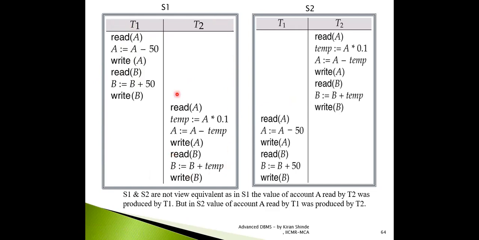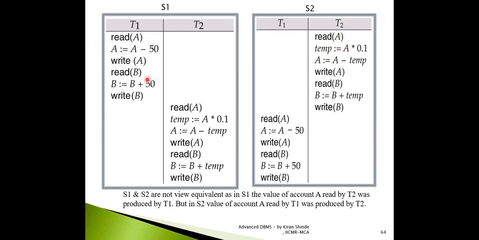In this particular schedule, if you look at data item A, it is read first by transaction T1. So this is the initial read with respect to data item A by transaction T1. Now, the same data item we will check in the second schedule, that is S2. If you see, the data item A is initially read by transaction T2 in schedule S2. Whereas, in order to satisfy this condition, what should happen? If T1 is reading the initial value of data item A in schedule S1, then in S2 also the same transaction should read the initial value of the same data item. But here the first condition itself is failing. Why? Because here T2 is trying to read the initial value of data item A.